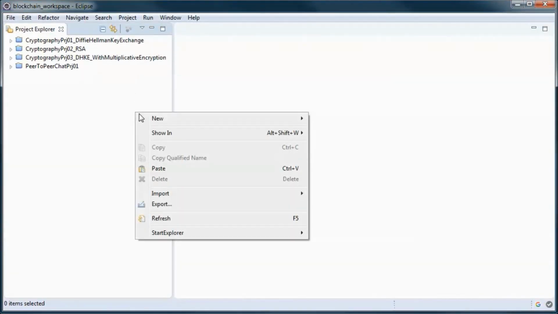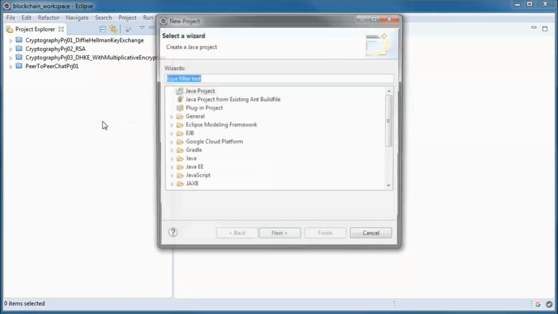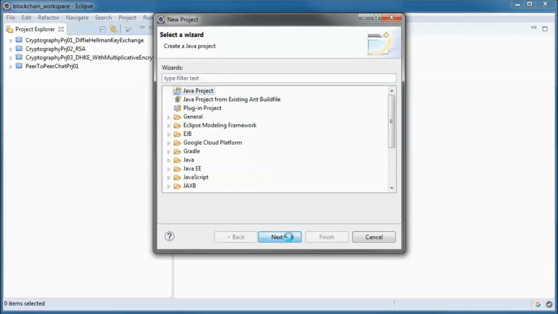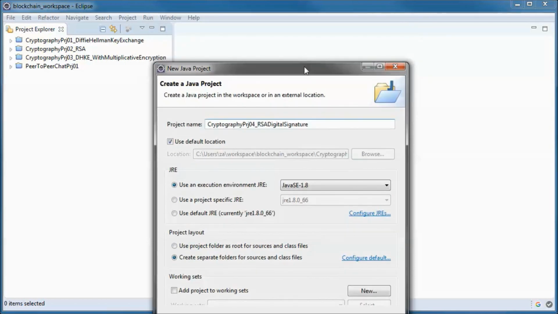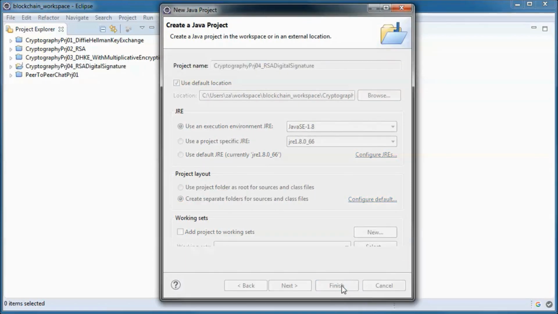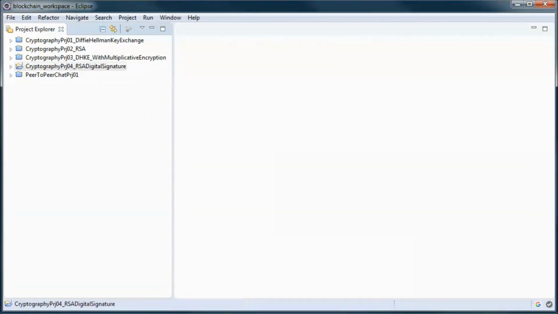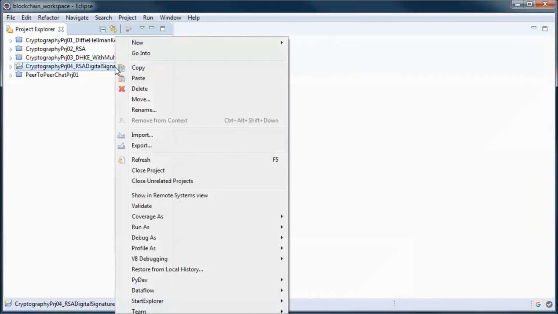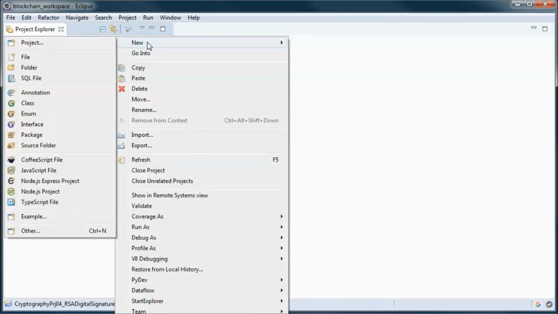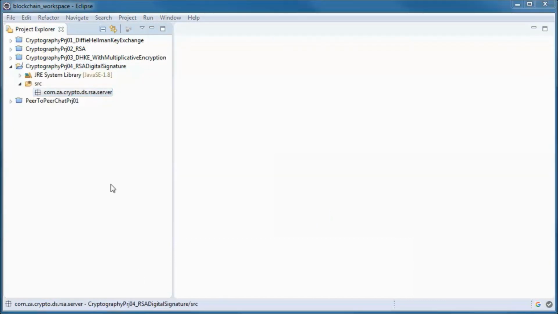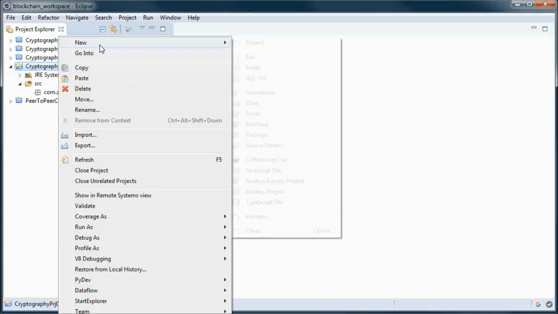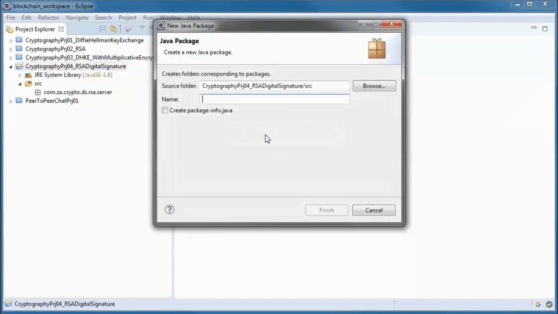I will start by creating a new project. And here we will have two packages, one for the server and another one for the client.